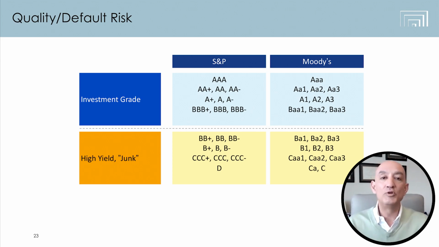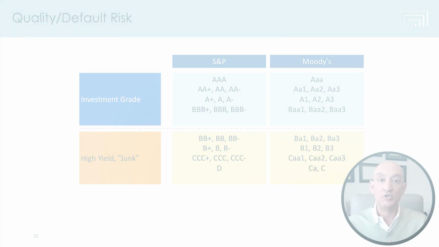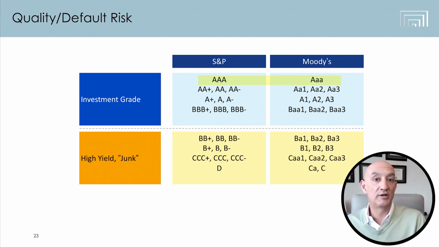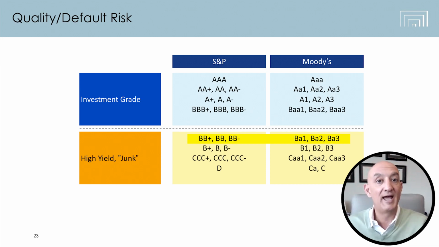So what would you expect as you were going higher on this chain, all other things being the same? What's obviously going to happen is you're going to get less interest. You are going to make, all other things being the same, less interest on a AAA bond that doesn't have the risk of default than you will on a double B bond that has more of a risk of default, right? So that's what quality or default risk is.